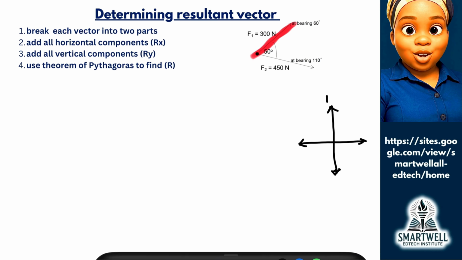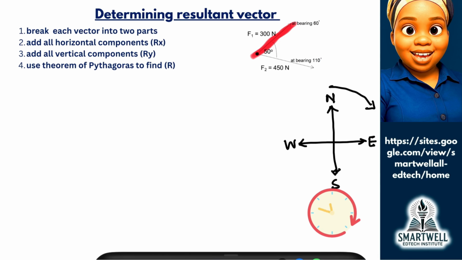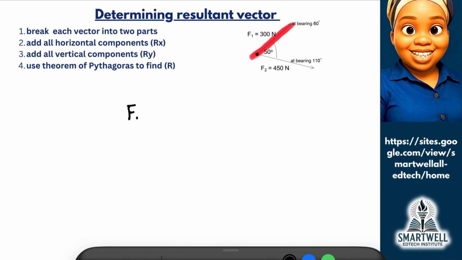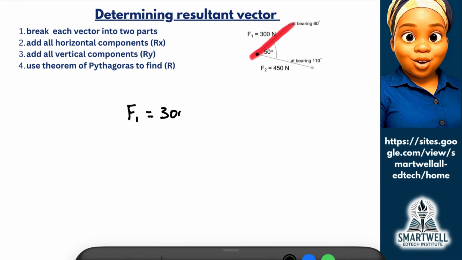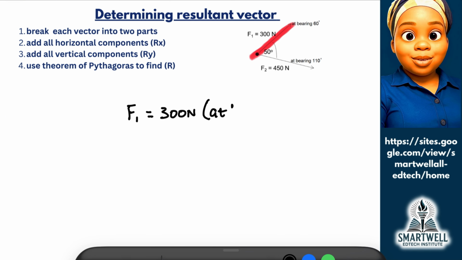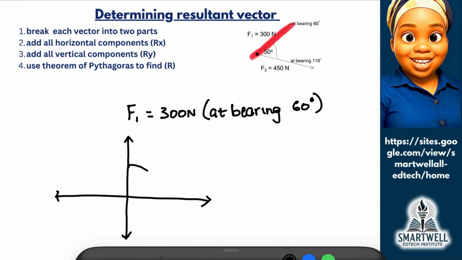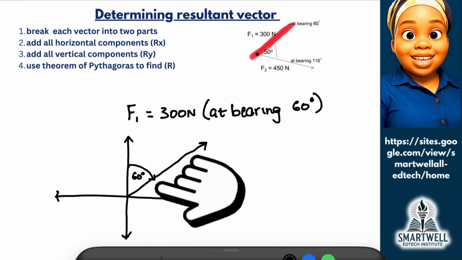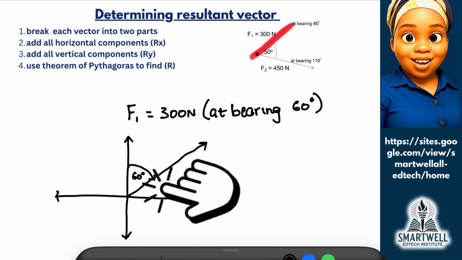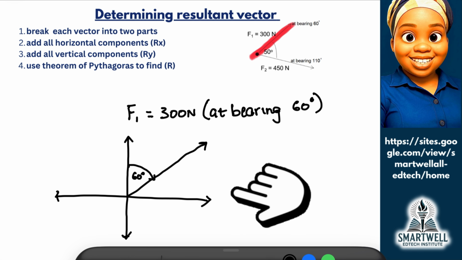Bearings are measured clockwise from the north direction, which is the upward vertical axis. In this case, we have a force F1 of 300 newtons at a bearing of 60 degrees, which means that this particular force is acting in a direction that makes an angle of 60 degrees measured from the vertical y-axis. Our goal here is to get the angle that is formed by this vector with the horizontal x-axis, bearing